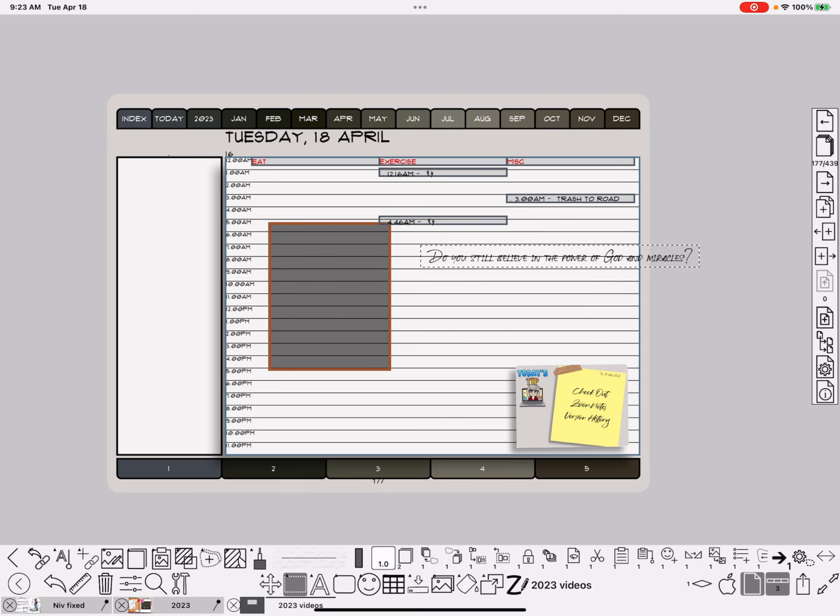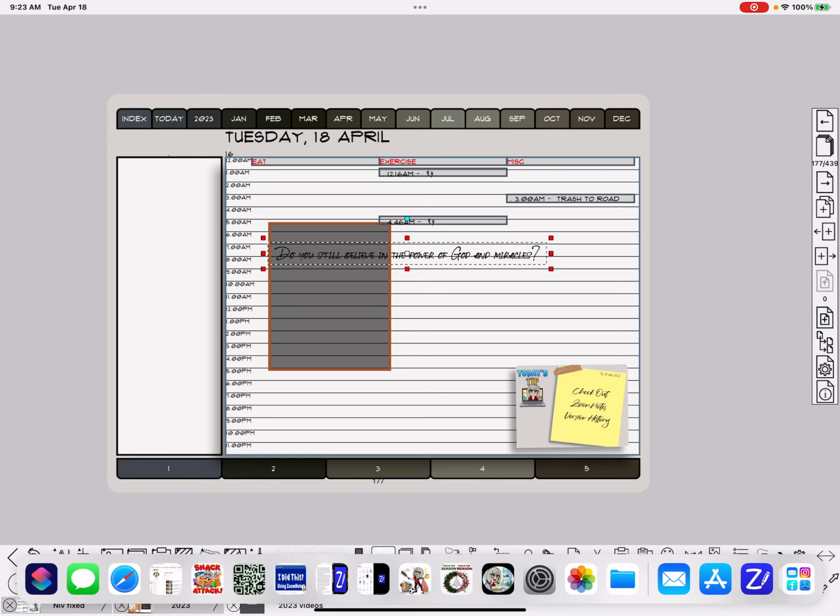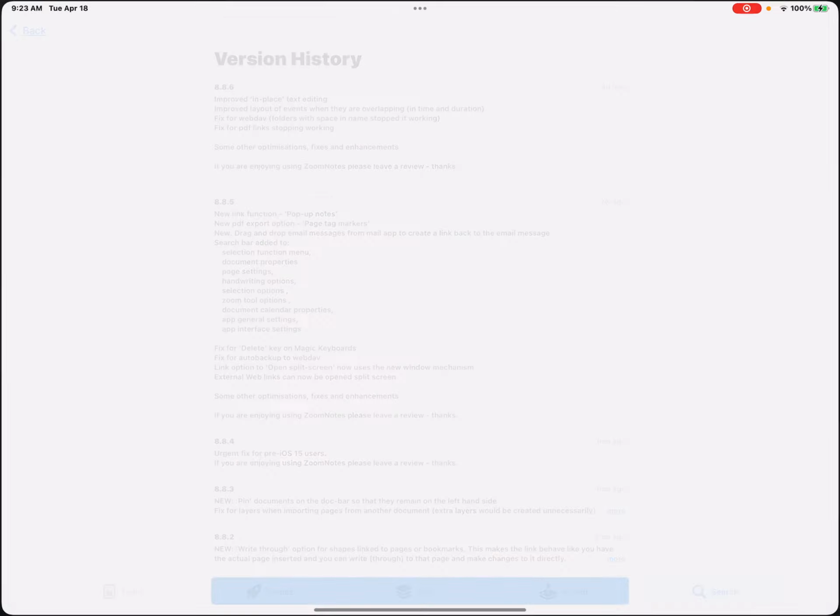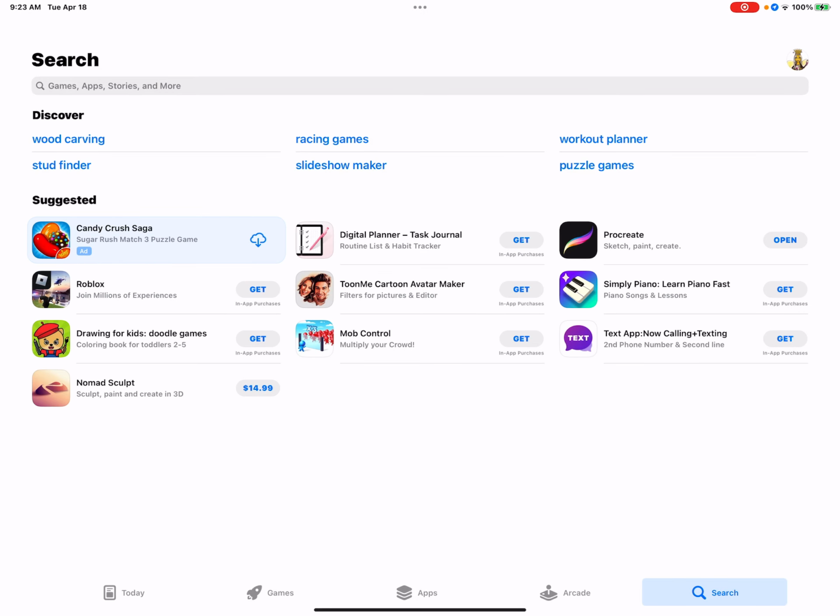Now this, I think, is the title and the subject. But let's see. I want to show you what I'm talking about when I talk about version history. If I go to the App Store and I go to Zoom Notes,